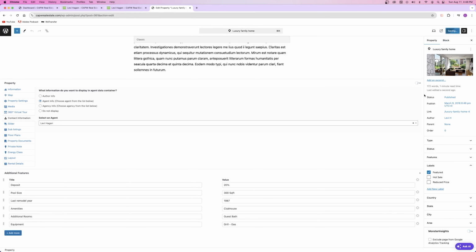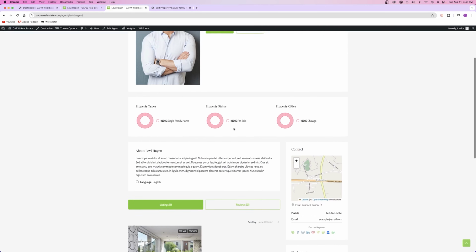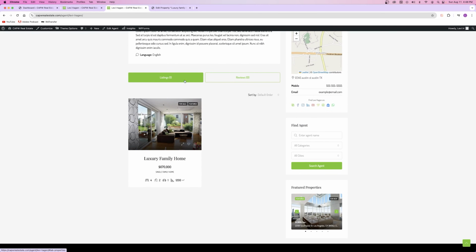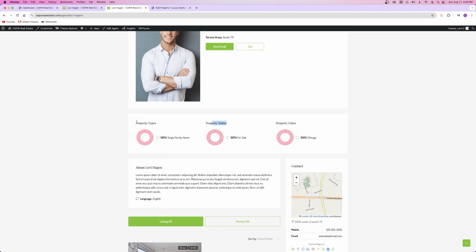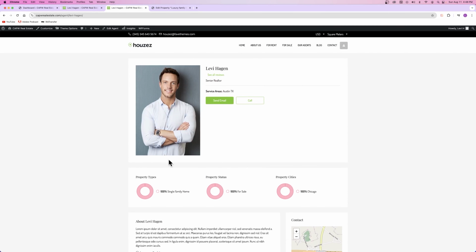And we'll say save. Let's go back to Levi Hagen, refresh the page. And now you'll see a lot more information pop up because now I've got a listing underneath me. That wasn't there before, it was just reviews, but now I've got listings. So now I have 1 house right here. And you'll see like property status, property types, property cities. And based on however many properties I have down here, you'll see that that will kind of correlate to making